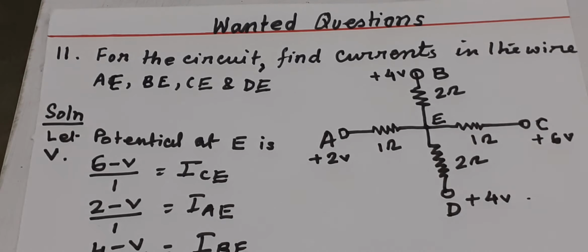Job number 11. For the circuit, find current in the wire AB, AE, BE, CE, DE. I mean, the junction points are A, E, B, C, D. We have to find out. Now, let us say potential at E is V. Then, according to this diagram, we can write for C,